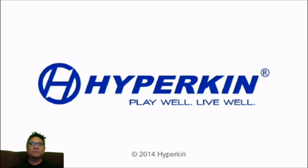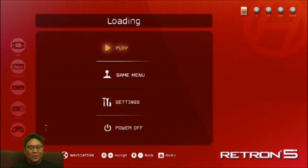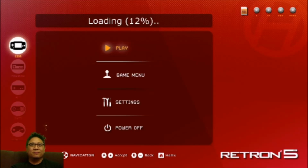Now that's one thing, and I'm pretty sure it's just inherent with the electronics and how it reads each cartridge, but that's kind of one disappointing thing with this system. You can't keep all your cartridges in at the same time. The system can accommodate one of each, up to 5 different cartridges. So how cool would that be? Put your 5 flavor of the week games in there and just leave it and forget about it, just come back. And then they have the icons on the side. Why can't you just flip over to one of those and say, okay, I want to go from the GBA, and then